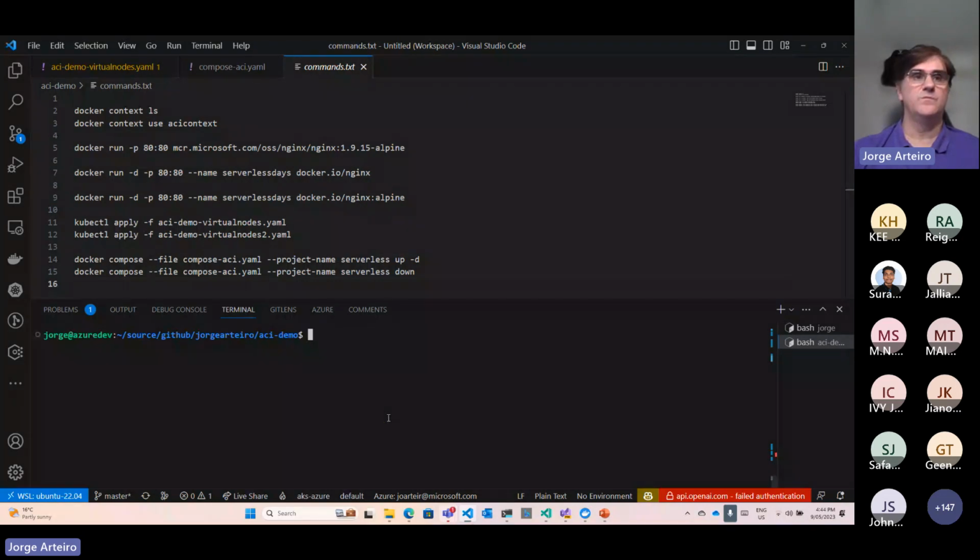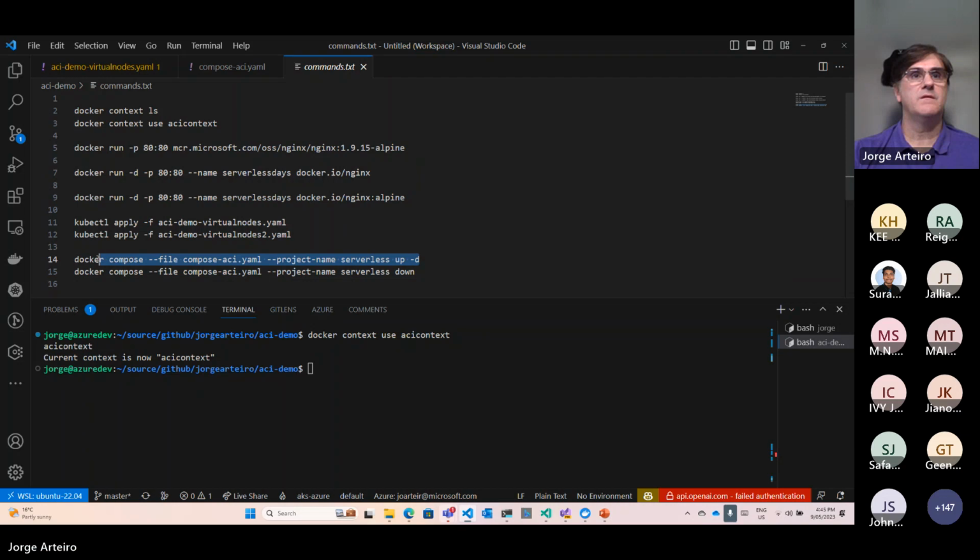You have to do docker context use ACI context, and then I think I can run that.